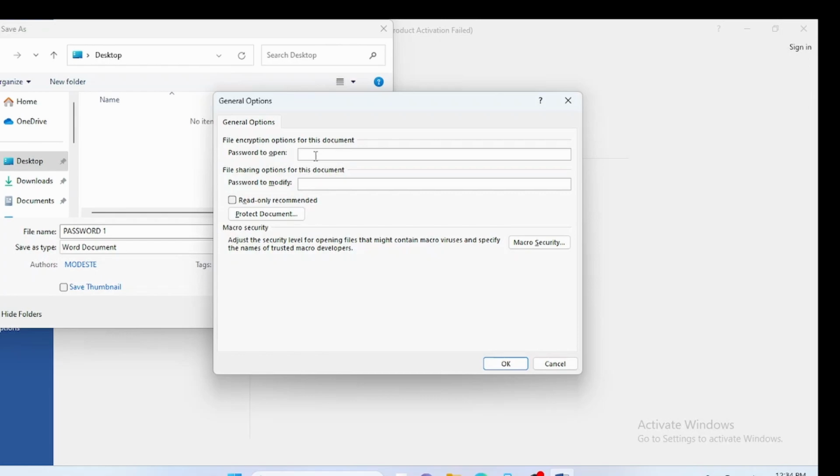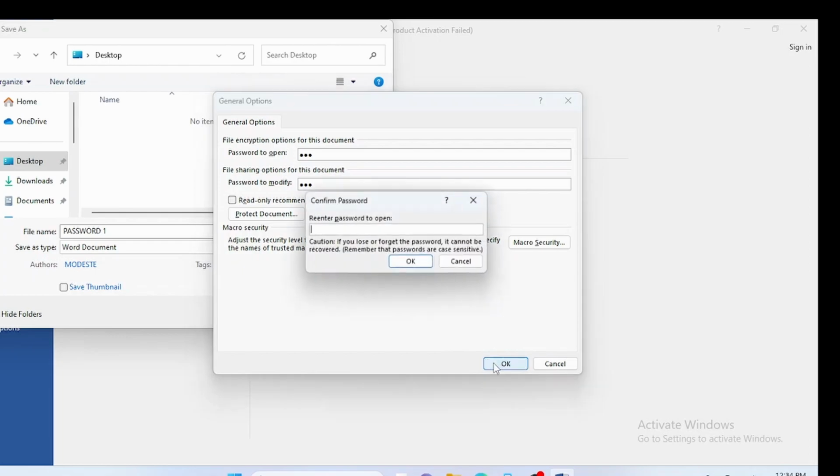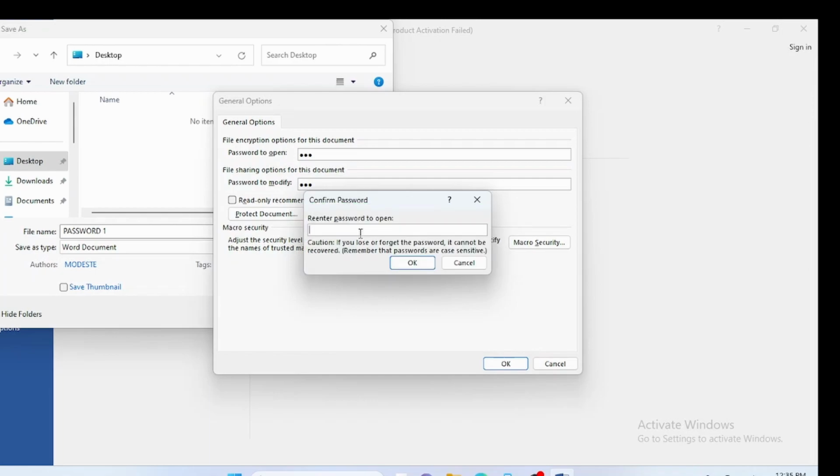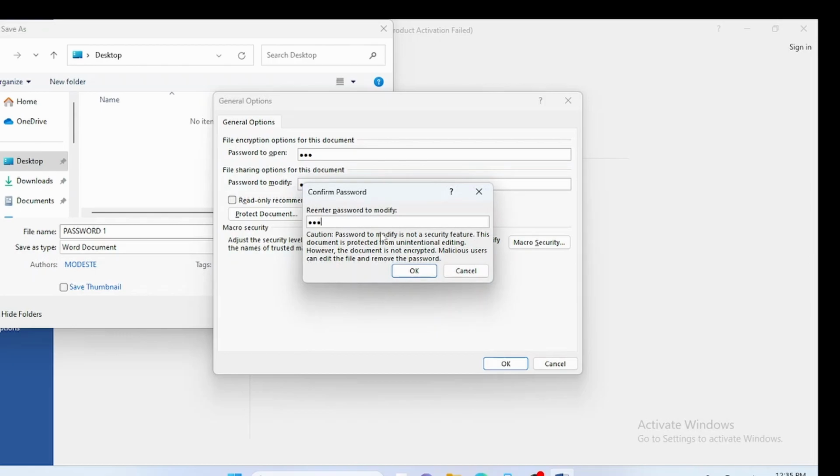Let me say 123123. Okay, then they ask me to confirm. In order to confirm our password, we have to re-enter the first password and the second one, and you know that the first one is the password to open and the second one is the password to modify. Okay, let me choose, no, I use the first one. I'm going to use the first one. Okay, 1 2 3. Okay, 1 2 3. Okay,